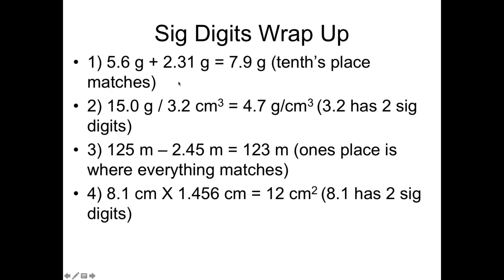Okay, so the first one, when we add, we go to the least number of significance. So we have tenths place, hundredths place. We need to round to the tenths place. When we divide, this is 3 and this says 2, so we'll round it to 2, which is 4.7. 125 minus 2.45, we'll round it to the ones place, which is 123. And 8.1 times 1.456, we'll round it. 8.1 is 2, so you'll round it to 2, which is 12 centimeters squared, because centimeters times